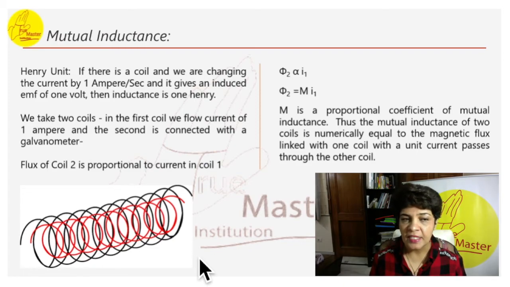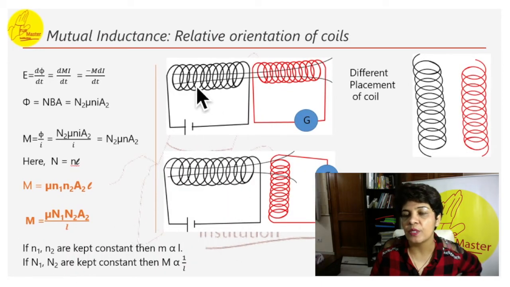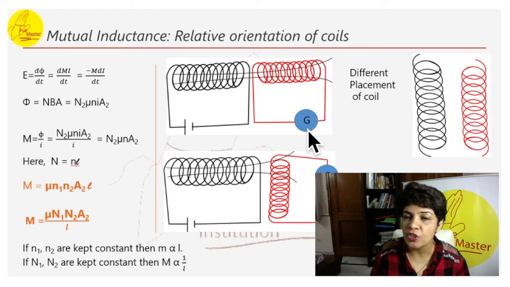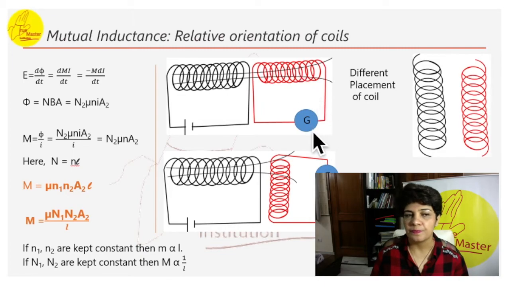At an instance, magnetic flux linked with the secondary coil and current in the primary coil. So let me just show you here before we start. Suppose this is a coil in which we have a battery attached, and maybe a tapping key also attached here, and in this, there's only a galvanometer. The moment we are changing the current here, this is going to produce a current in the second coil and it can be read in the galvanometer.